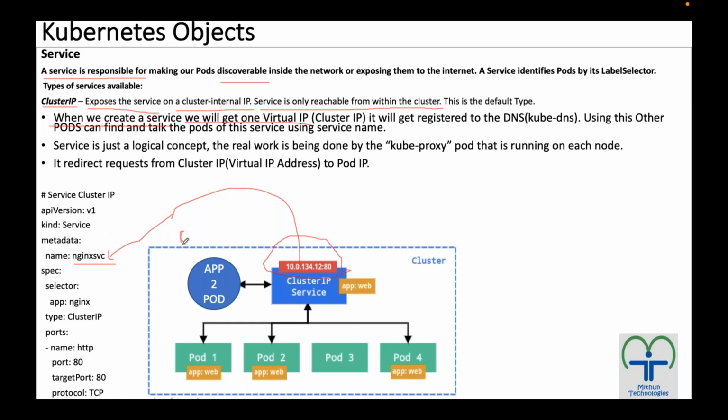Do we have a DNS within the cluster? Core DNS. We have a core DNS. So when I create a service, what will happen? I am going to get one IP address that we call a virtual IP address, service IP address. That IP will be registered to the DNS with this name. Now let's say